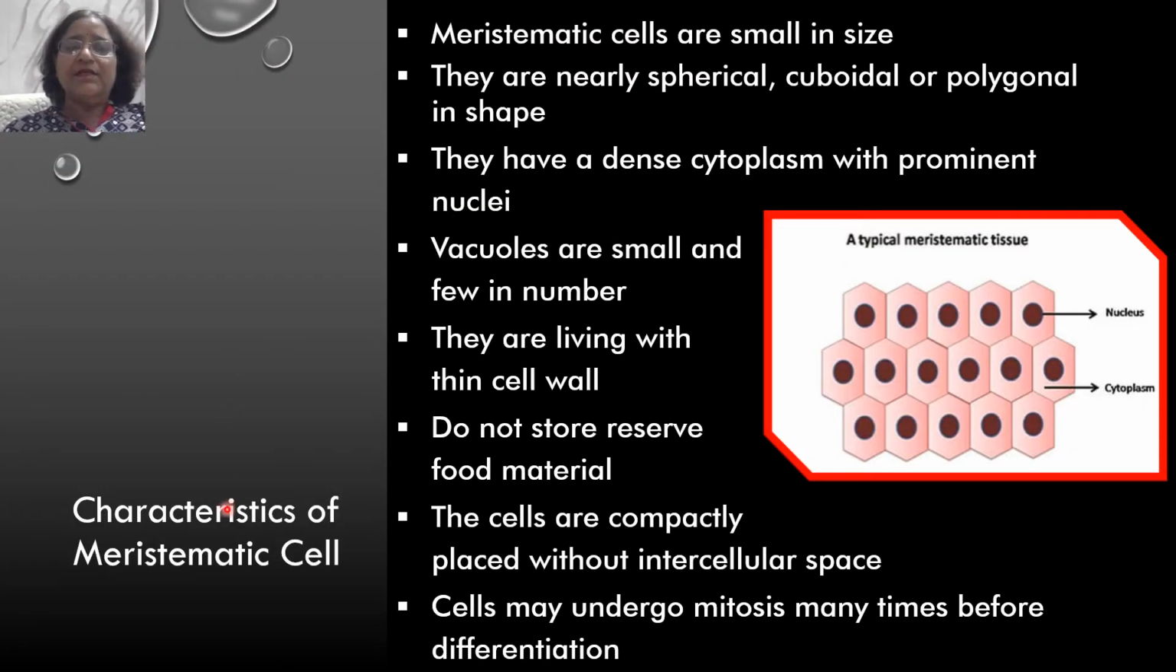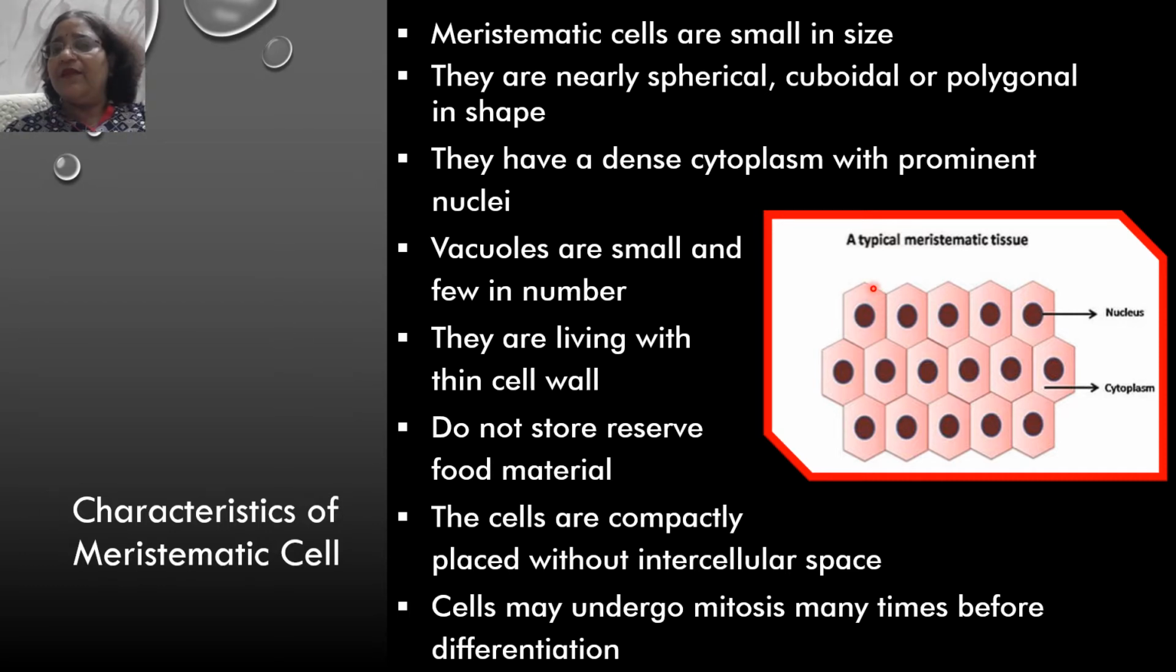Now, what are the characteristics of the meristematic cells? Meristematic cells are generally very small in size, and they have dense cytoplasm and a prominent nucleus. This is the nucleus, this is the cytoplasm. Dense cytoplasm means